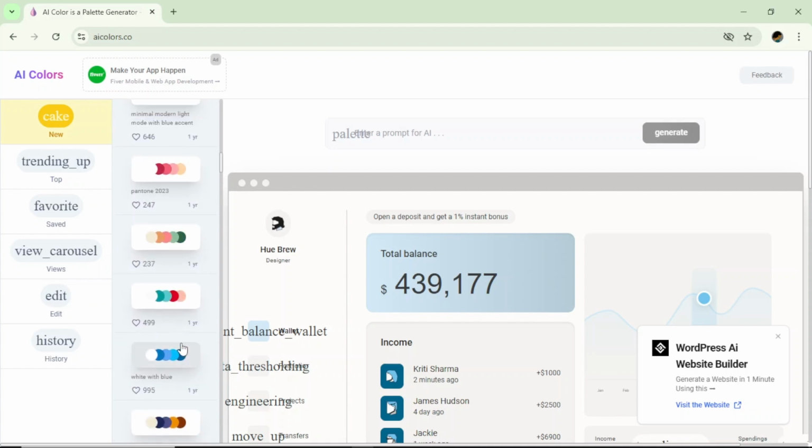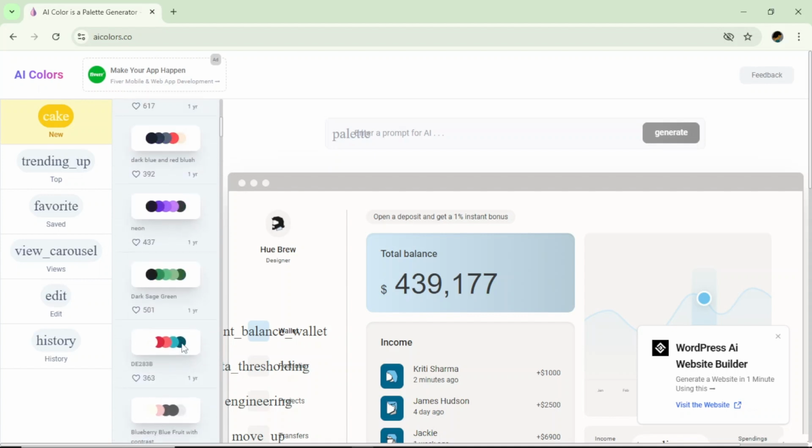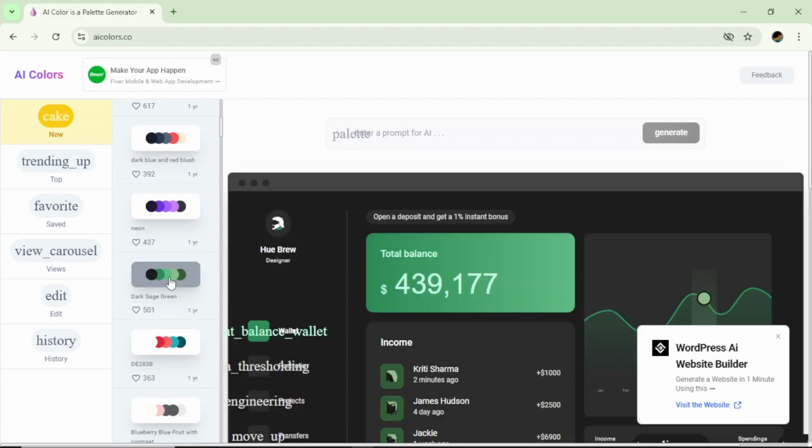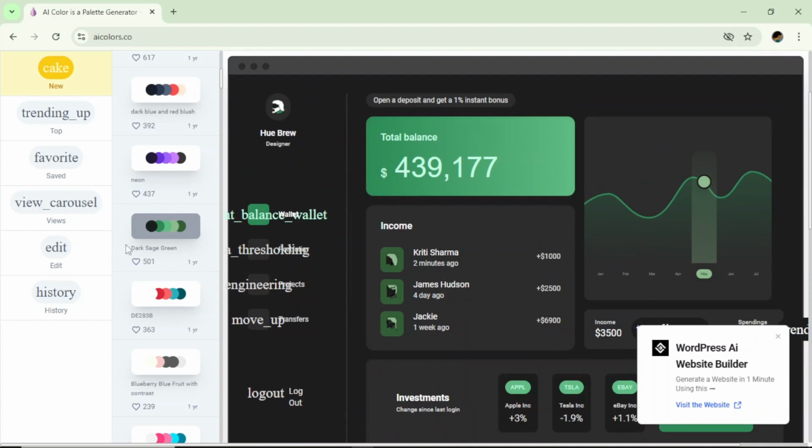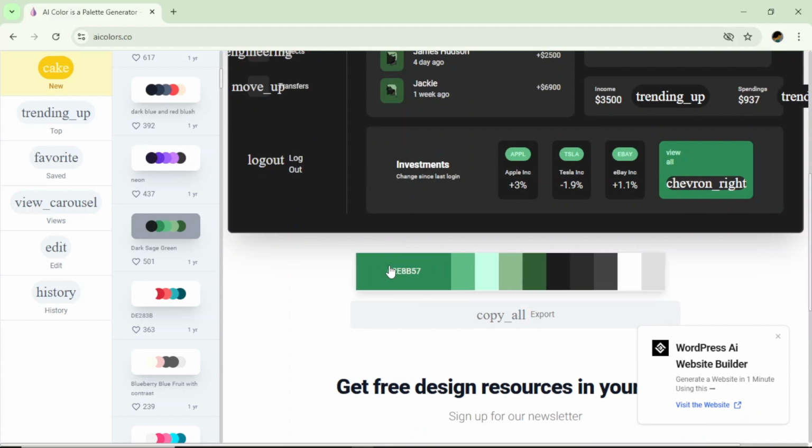In this case, I'm just going to pick a very simple color palette. It's a combination of these greens, the dark sage green, and you can see the representation of these colors in hexadecimal. These are the codes that we'll be using to pick these colors